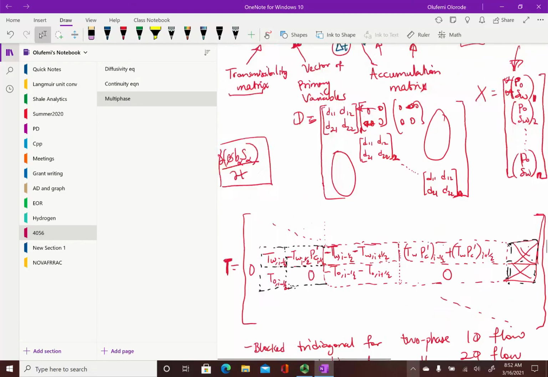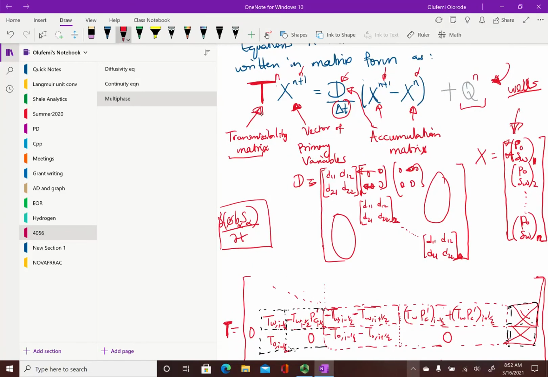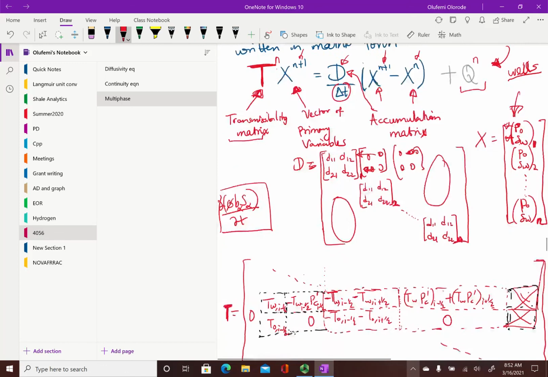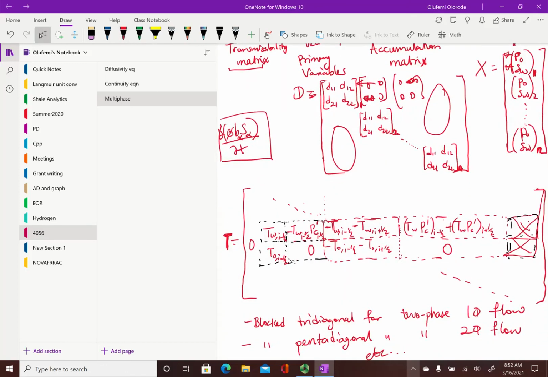The last thing I'm here to talk about is the transmissibility matrix, T. So the transmissibility matrix is written here, and it's a block tri-diagonal system for 1D flow. So this problem we're solving is for 1D flow, right? At grid block I, you have 1, 2, that's your second block, and